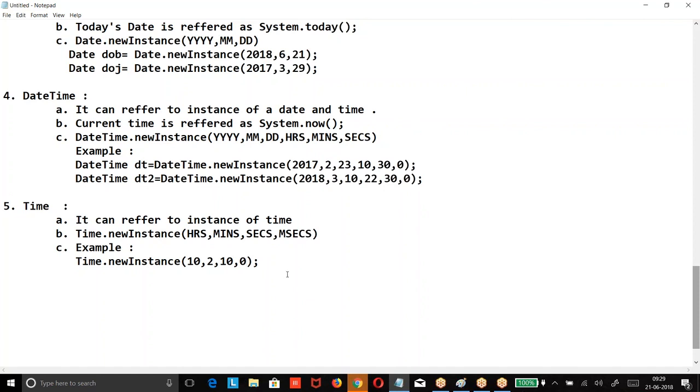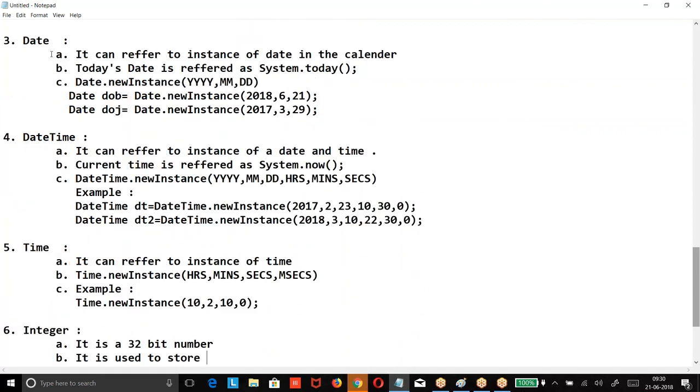Next we have integer. What is this integer? It is a 32-bit number. It is used to store numerical values without a decimal point. What is the default value for the above three?